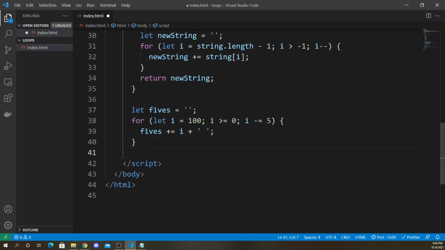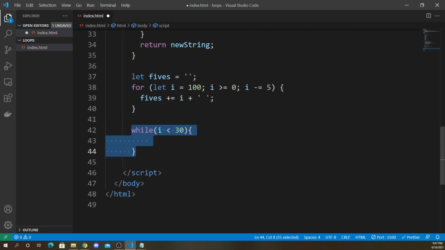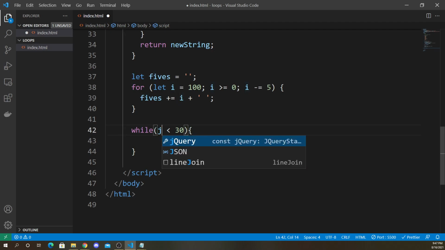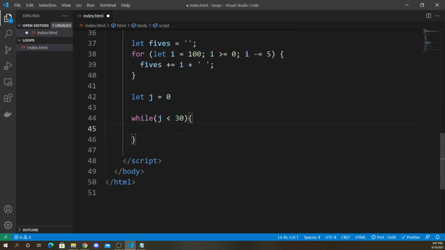And then the while loop is just while i is less than 30. And then it's the same thing, really, except you define all this stuff outside. So instead of putting it in here, let's call it j instead of i. The next letter in the alphabet, I'll say j. Let j equal 0, right? That's just, I'm defining that outside. While j is less than 30,